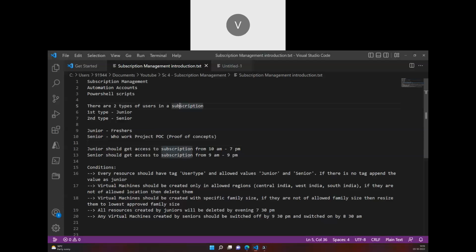Hi everyone. Let's try to develop a script for the fourth condition. In this scenario, we are trying to develop an automation to manage the subscription, and you can refer to the playlist specifically on subscription management, where I have explained a detailed walkthrough on what we are going to do in this scenario. And in this current video, I'm going to work on deleting all the resources which are actually created